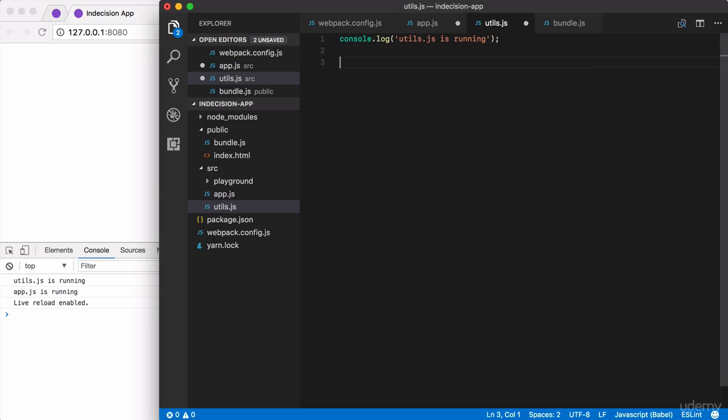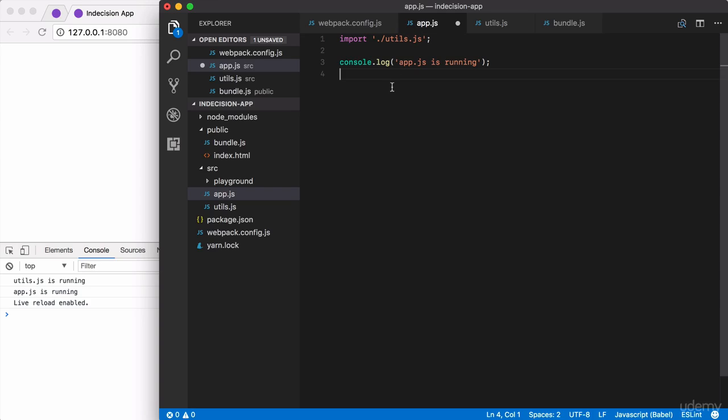To do that, I'm going to make a const. We'll make a function that squares a number. So it'll take a single number in, x, and this will be an arrow function that returns x times x using the shorthand syntax. Now I can go ahead and save this file, and over inside of app.js, I can